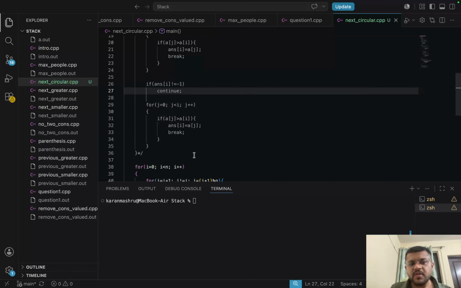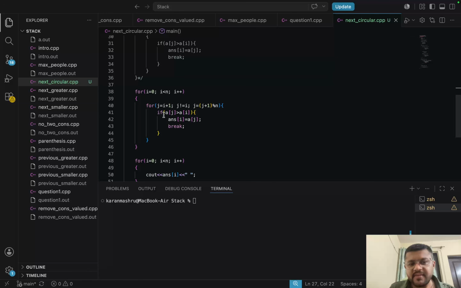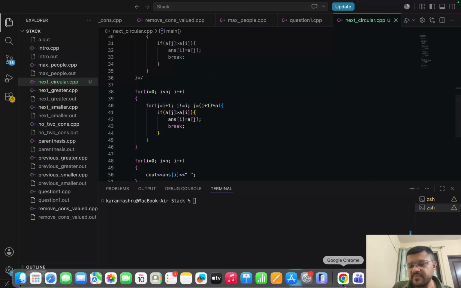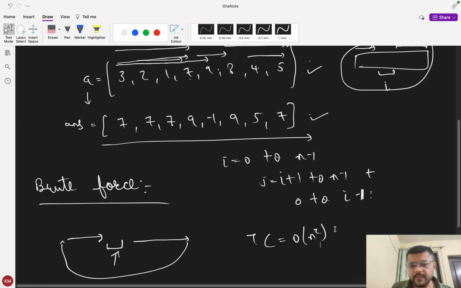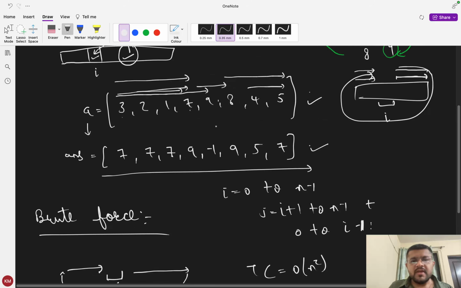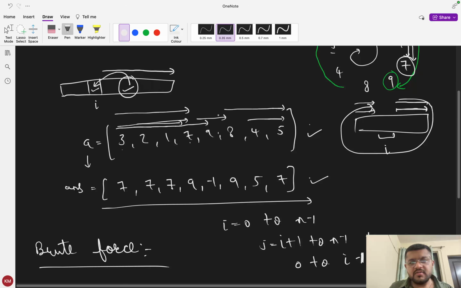Here, what I have done is, j will move from i plus 1 and it will move until j becomes equal to i again. What does that mean? And j is equal to (j plus 1) modulo n. See, let's say my index i is here.